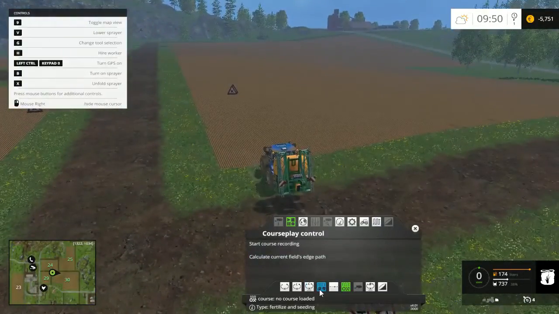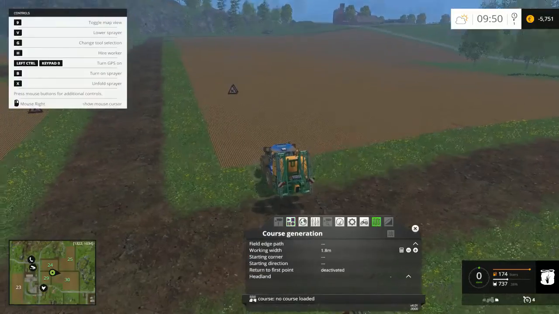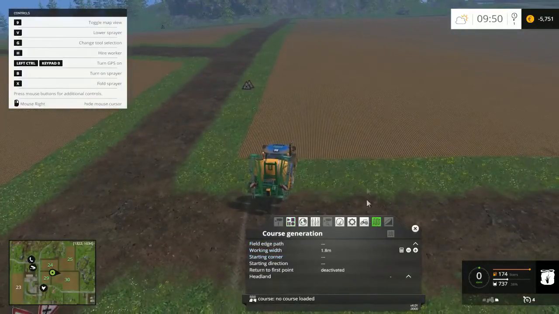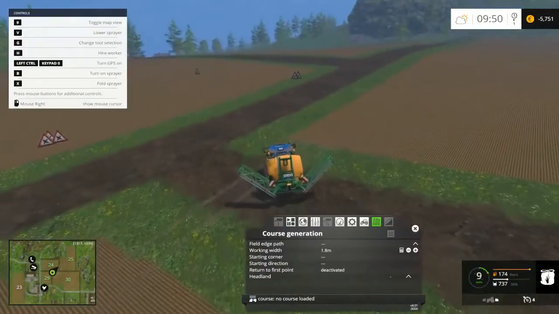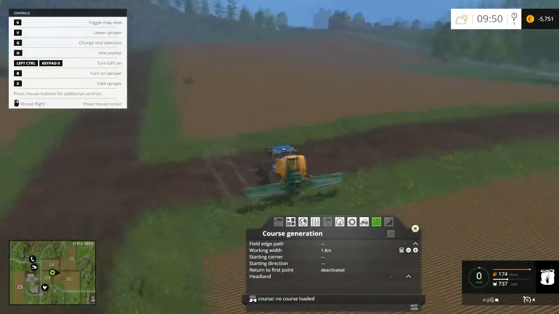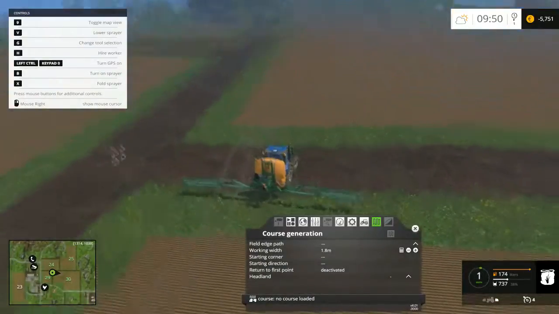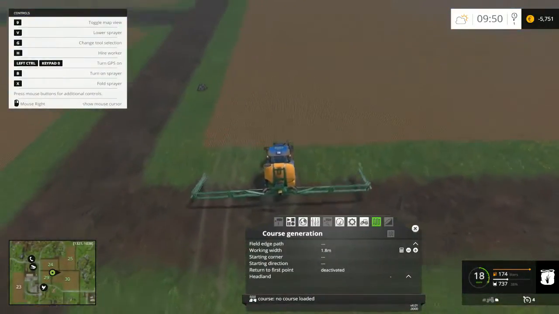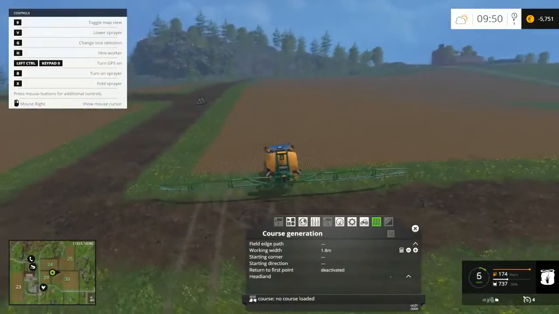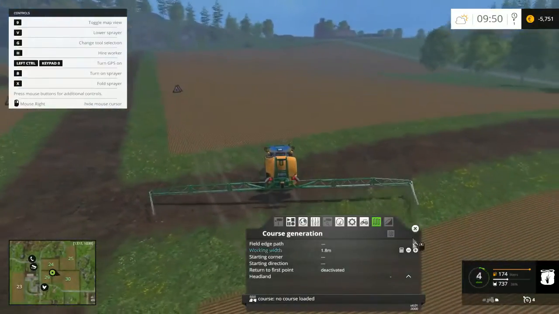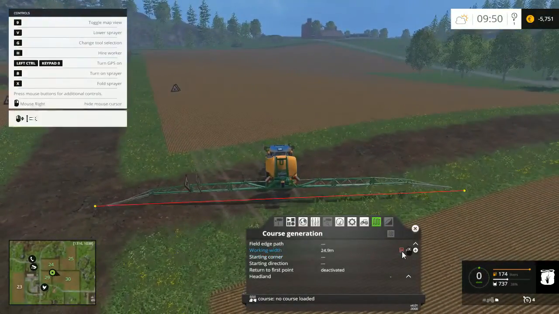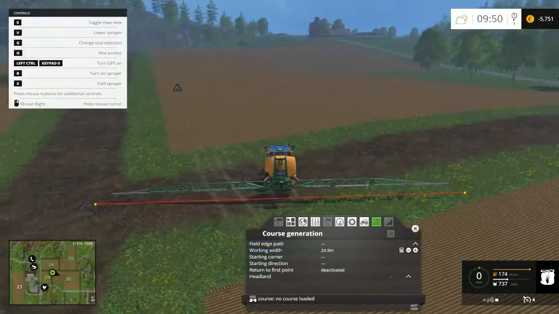So first off, we're going to make sure it's in the right mode, and once again we're going to have to unfold the sprayer. It does work with the pellet spreaders as well, but I have a sprayer, so that's what I'm using. So it's going to just unfold fully, because if you set it up wrong and it's not unfolded properly, oh,